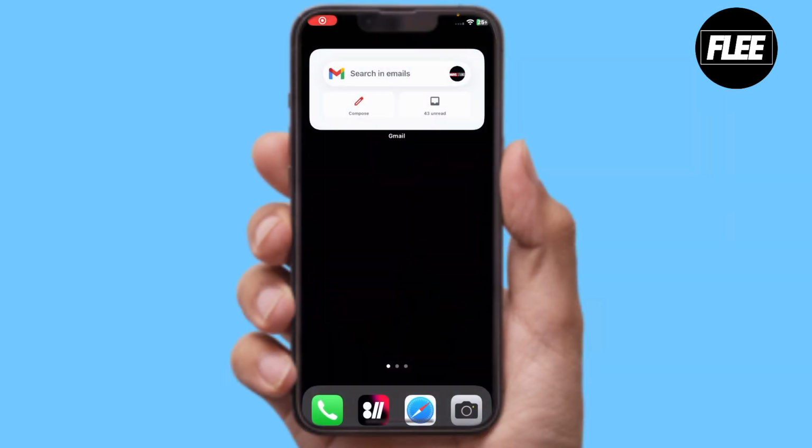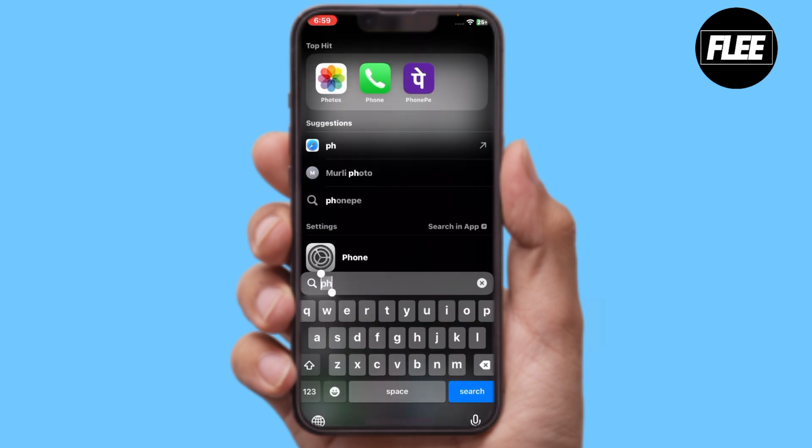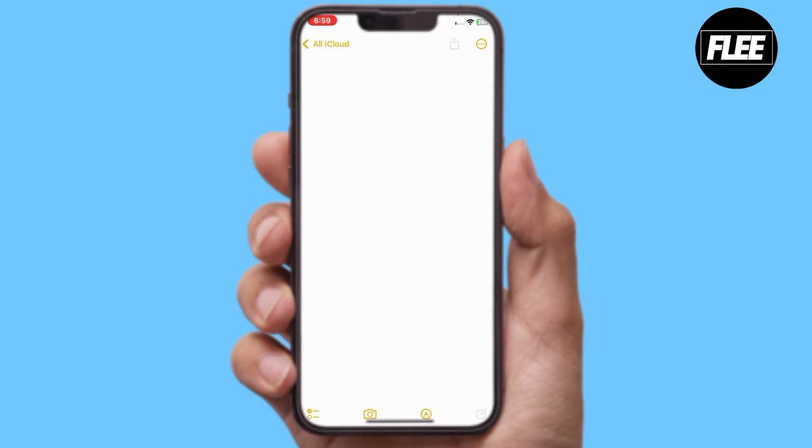How to scan a document through the Notes application present on your iOS or Apple iPhone. For this, the main thing you have to do is open the Notes application here on your iPhone. Please make sure that you have updated the iPhone version, and then on the home page you're going to see